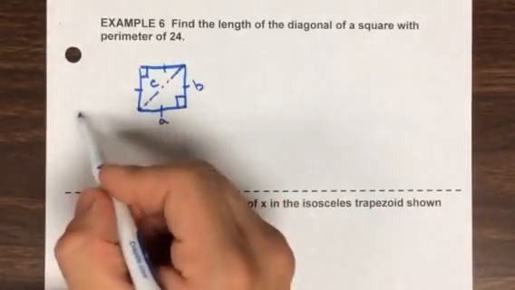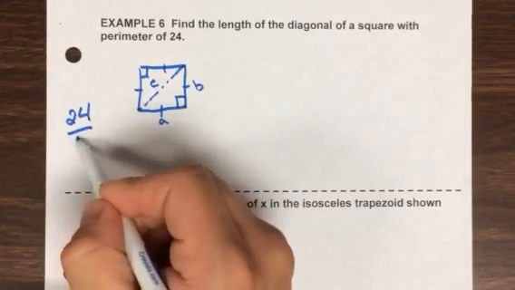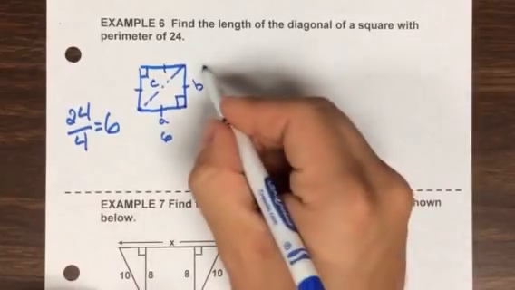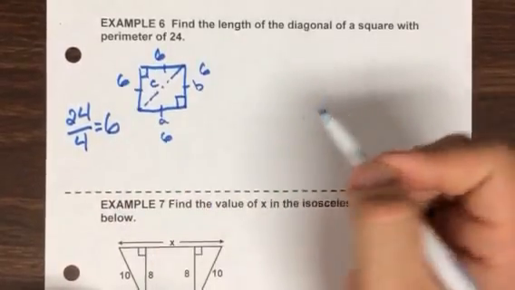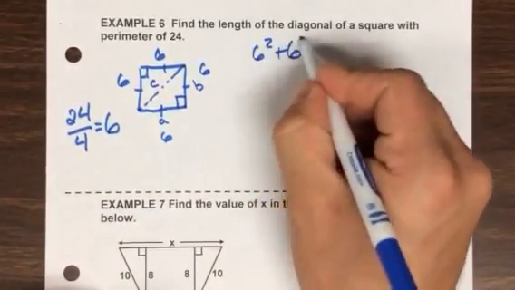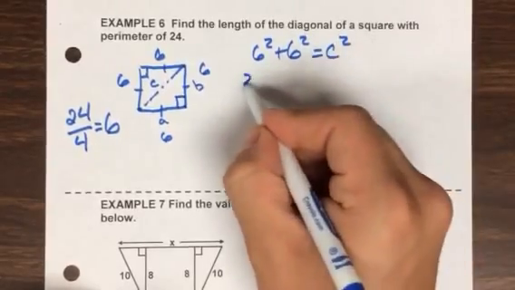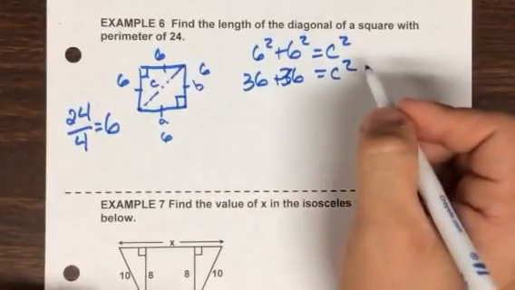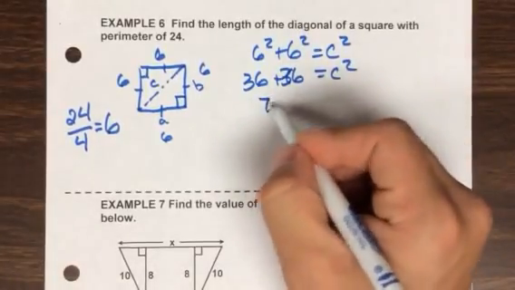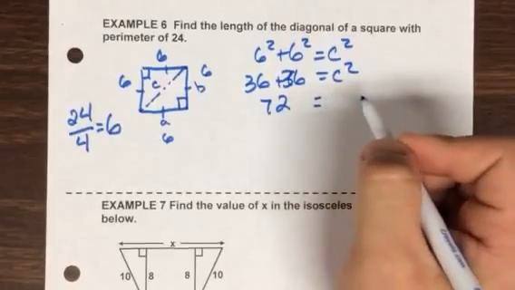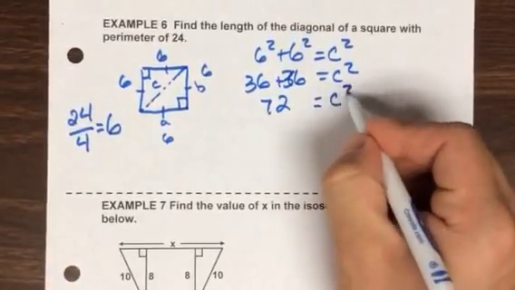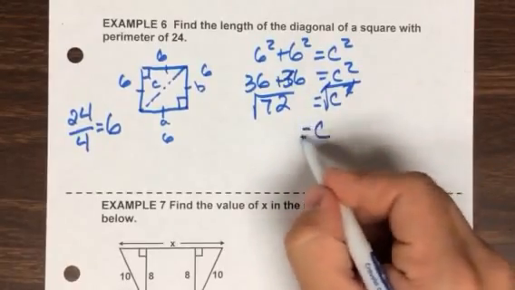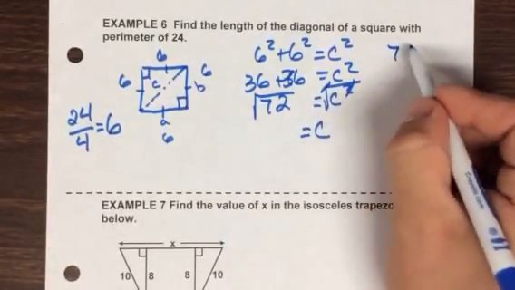They tell me the perimeter is 24, so I take 24 and I divide by 4, the number of sides. Each side must be 6. So I'd say 6 squared plus 6 squared equals c squared, or 36 plus 36 equals c squared. So 72 equals c squared. Take the square root. Square and square root cancel. C equals some number. So we got to break down